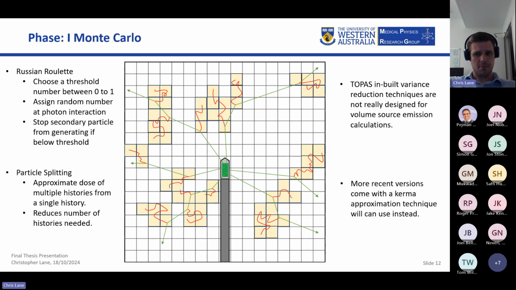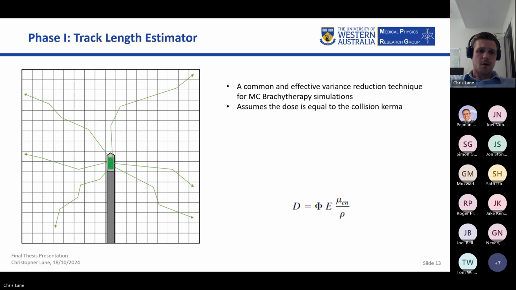And so these are all well and good, but the problem is that TOPAS, because it's not really designed initially for brachytherapy, doesn't really work with volume source emissions, at least not that I could tell. It really requires a beam sort of source to take full advantage of. So what is generally used instead, which has sort of been attached, is something called a Kerma approximation technique. And so what that is